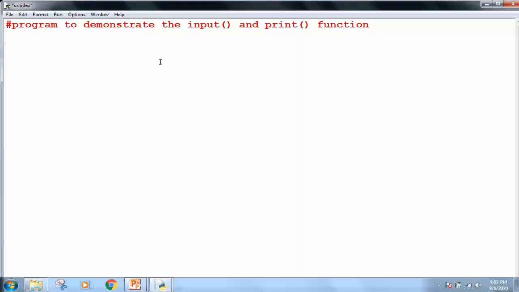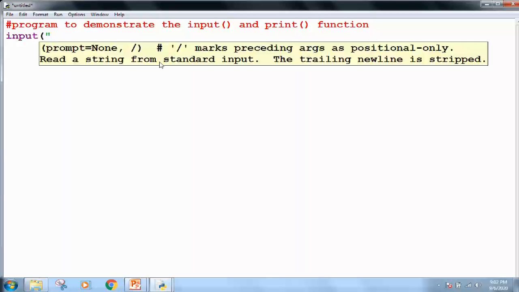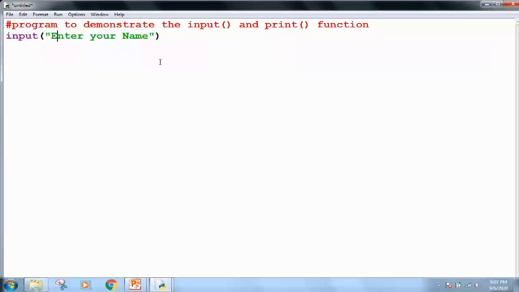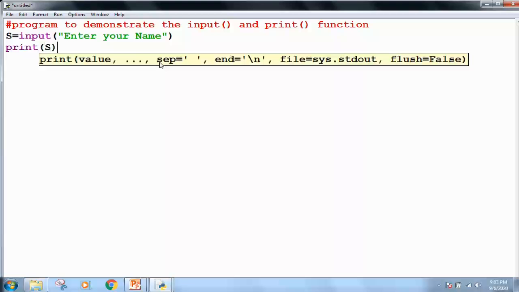How can I write that? I will write the input and, enter the first number. This is the prompt, so it will be a string inserted in the input. Now if I directly insert the number into the variable a, then it will not be a numeric integer, it will rather be a string, because input returns the value in the form of a string only. So I have to convert this string into an integer. For that I have to use one more function, int, and then we will write it this way.